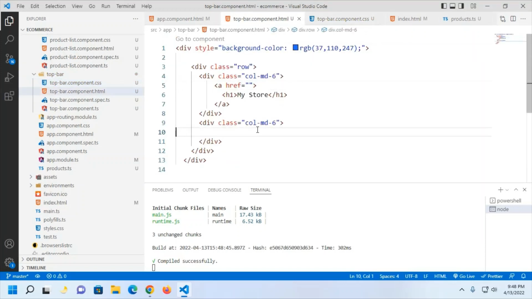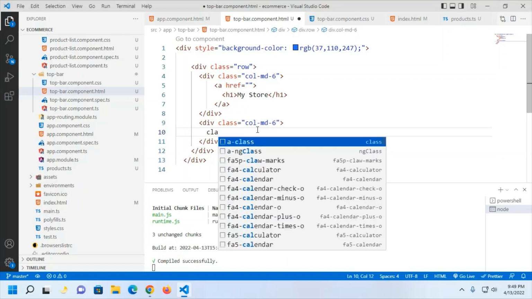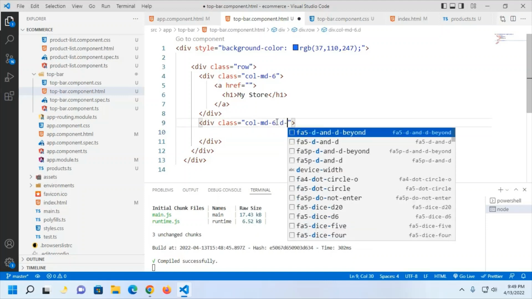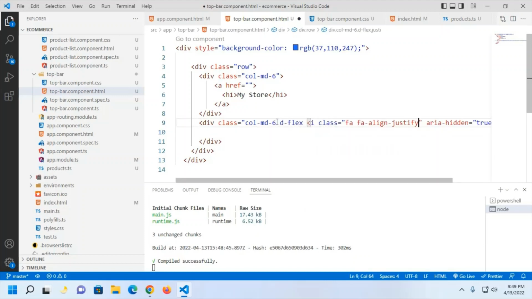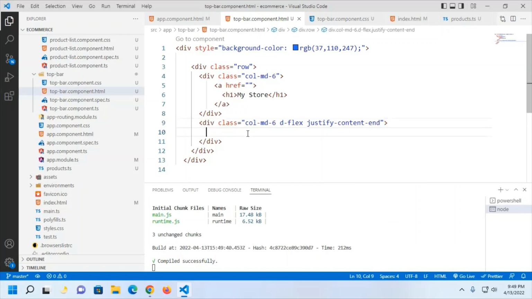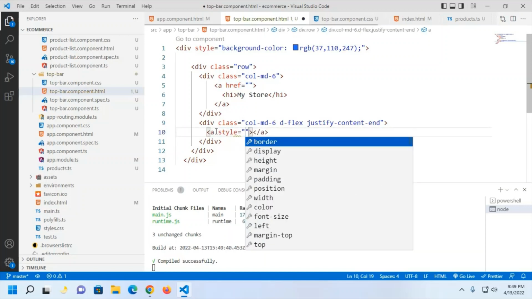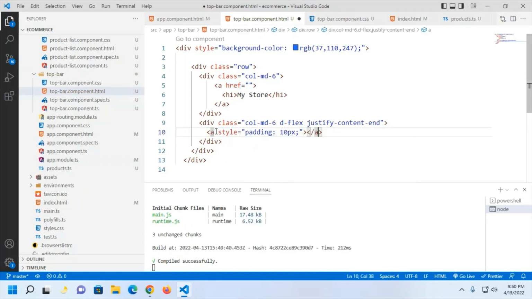Now add the another code here. At first add anchor tag and here add style, add padding 10 pixel. Okay,